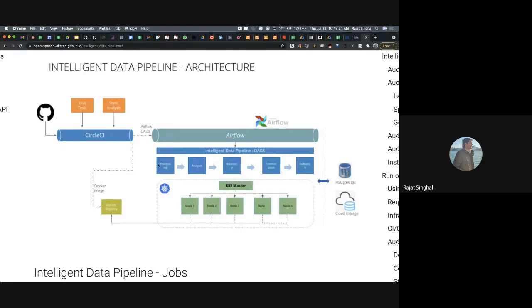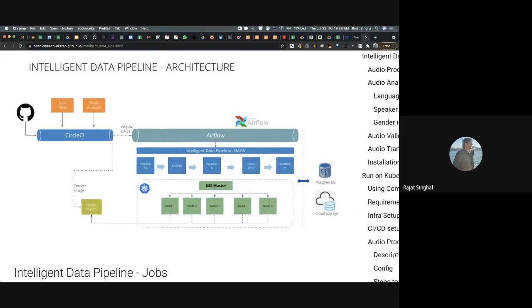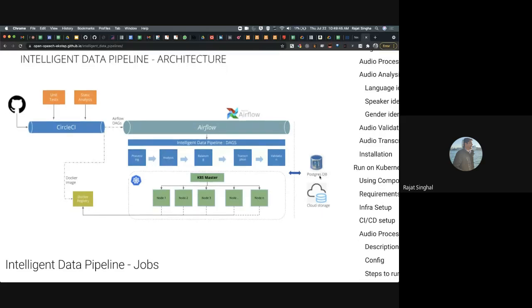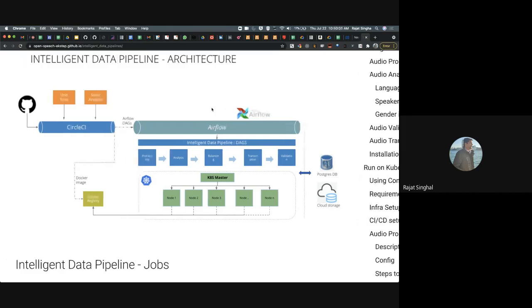That is our execution engine, and our catalog resides in our PostgreSQL DB. That is a relational database, where we can fire SQL queries and see how our data looks, it's a kind of view of our data set. Since it is audio, it is very important to keep that view in some data store. And then we have cloud storage where we are actually keeping our audio. So I can quickly show you